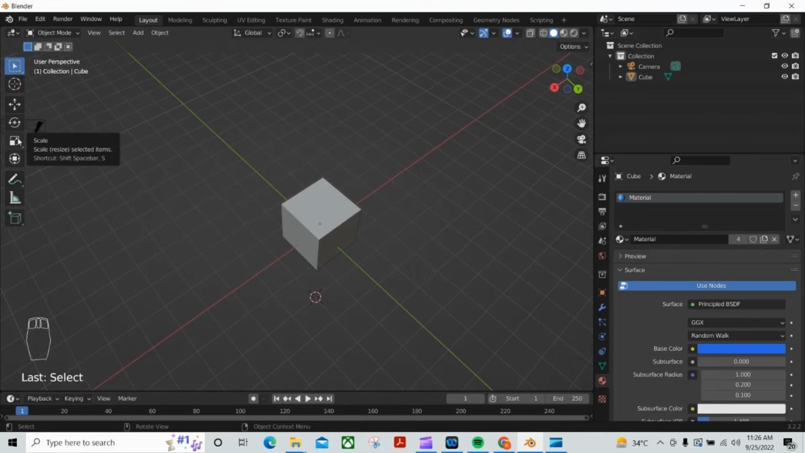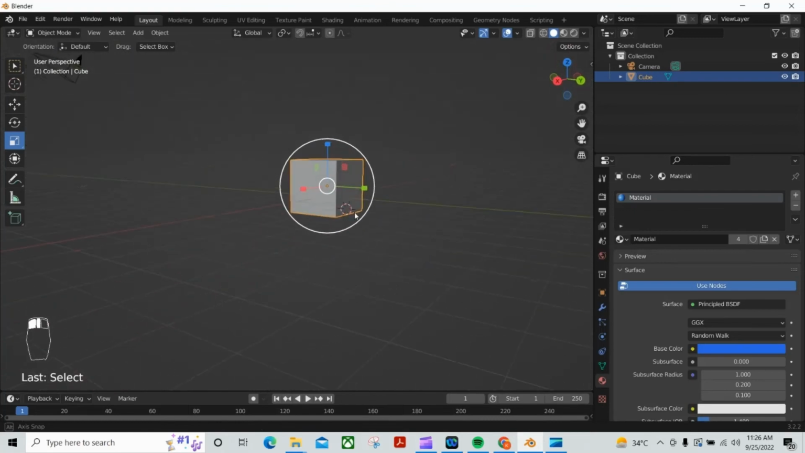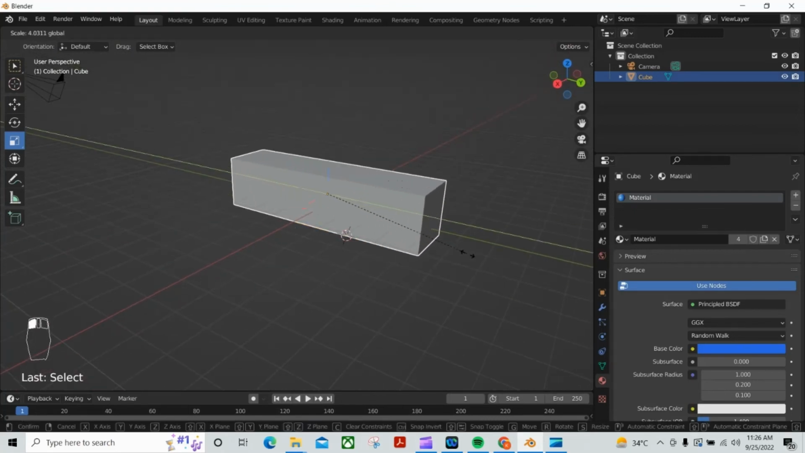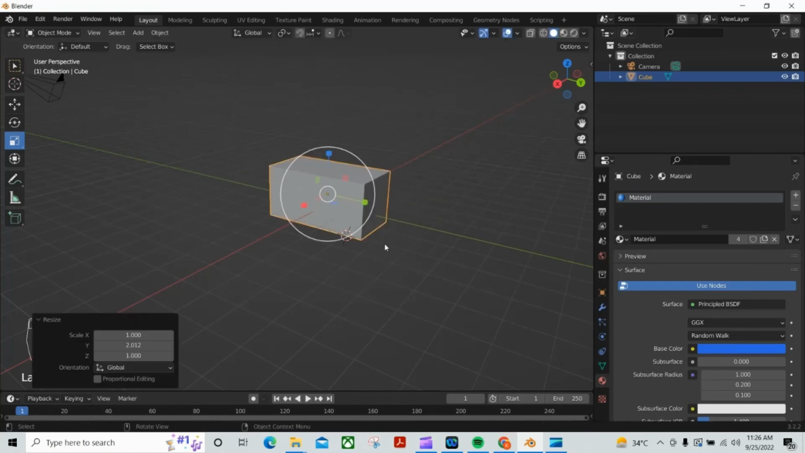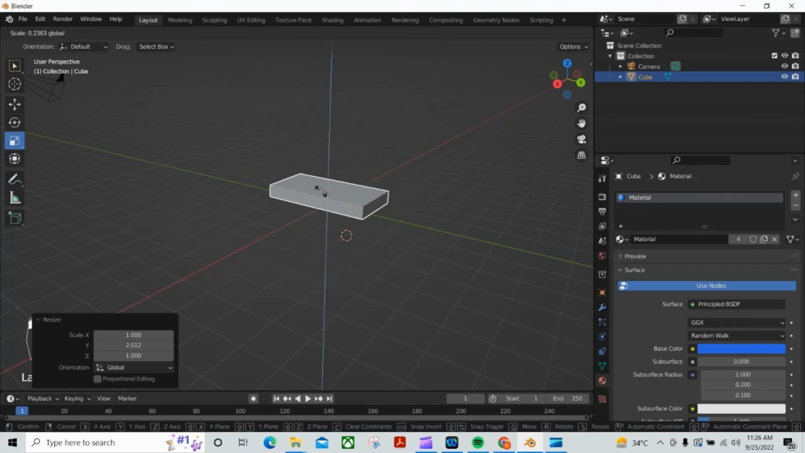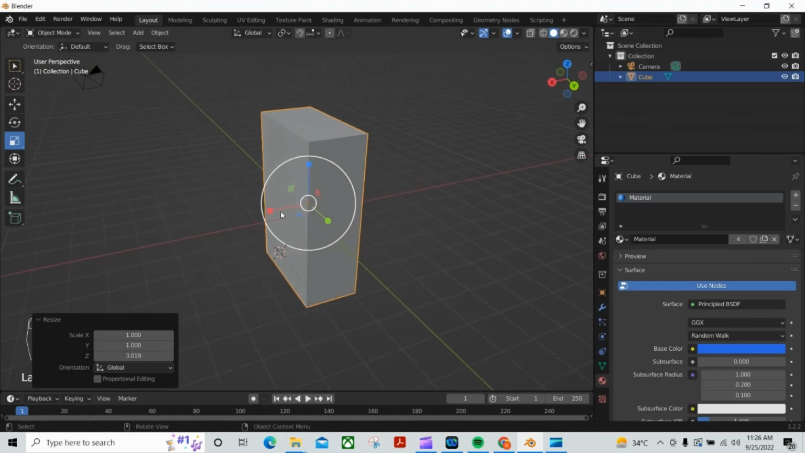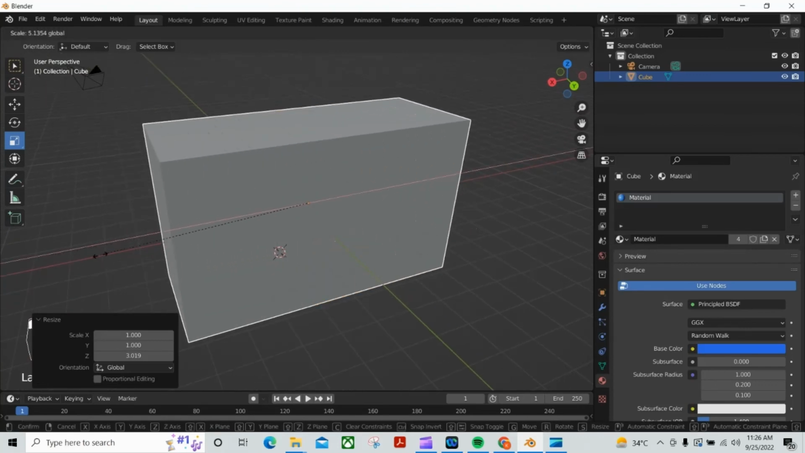Rotate, then scale it. So scale it, the same thing. So you just click on this and your coordinate axis will come. Then if you want to scale it on the y-axis, you can scale it on the y-axis. If you want to scale it on the z-axis, you can scale it on the z-axis. If you want to, then